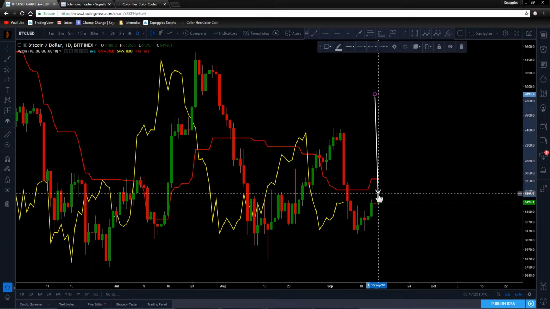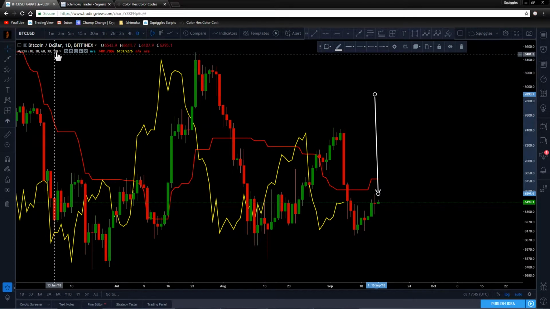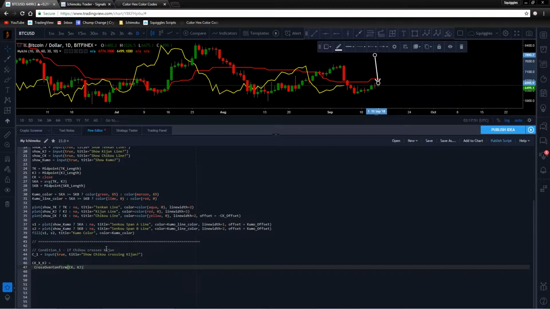And if we just simply say that, we're basically saying is the current closing price, which is what Chiku is, the current closing price crossing the keygen line. And we don't want to know that. We want to know is the current closing price, which is the Chiku, crossing over the keygen line when it was 10 periods ago, which is what we've set the Chiku offset to. So what we do is we then have to say we don't want the current value of the keygen line. We want the value of the keygen line as it was